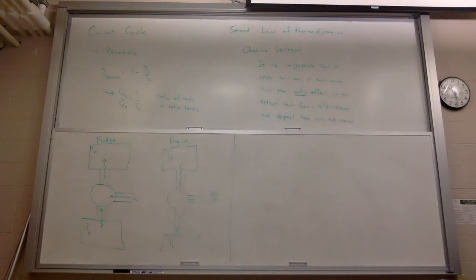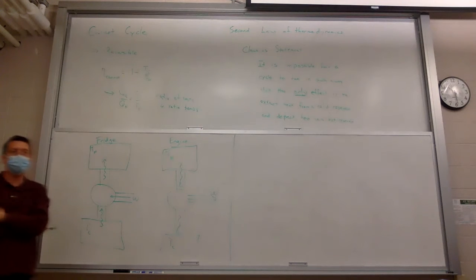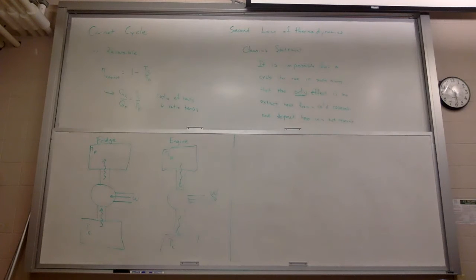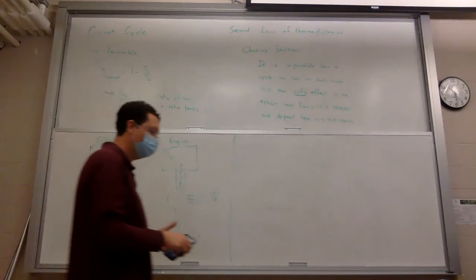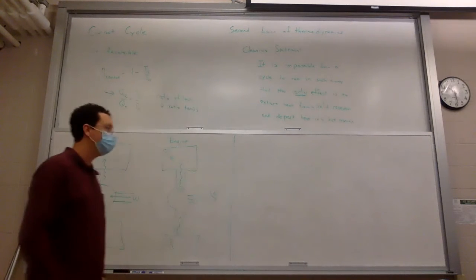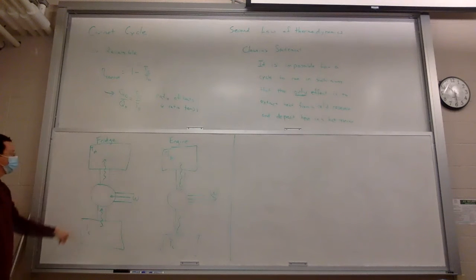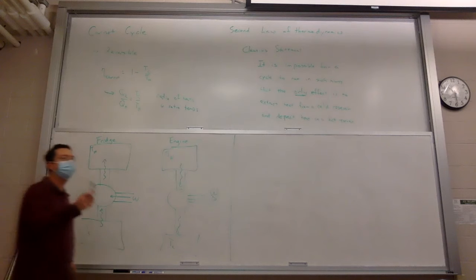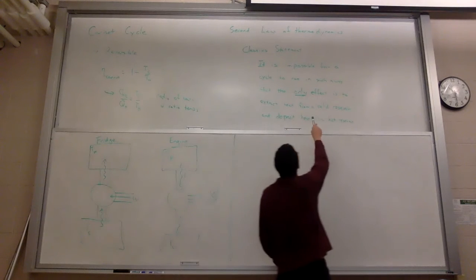So what is he saying? Draw the thing that he says can't happen. What does he say can't happen? From the cold reservoir to the heat reservoir. Yeah, well, that's what this does. So you're just saying, maybe it just implies that there must be some work involved. So what is the thing that he said?